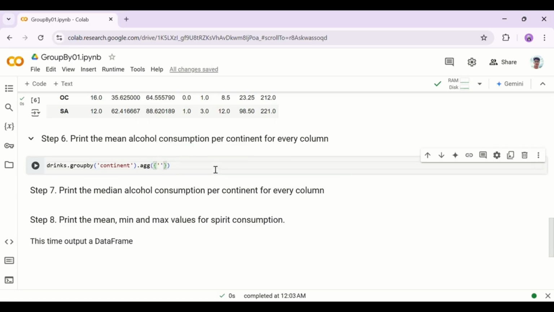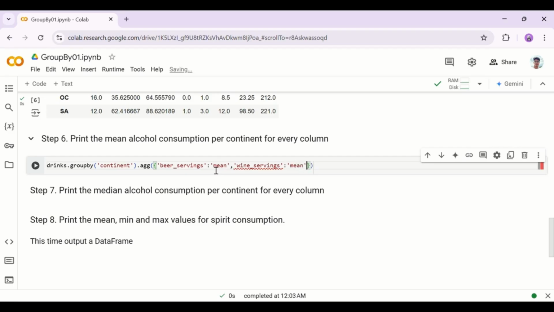So we want beer servings mean, then wine servings mean,